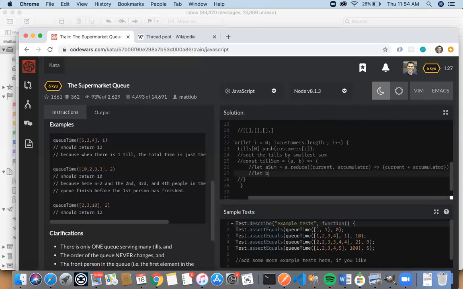Let B sum equal B dot reduce, current, accumulator. Trying to get back some energy. I was kind of... current plus accumulator. So these will return